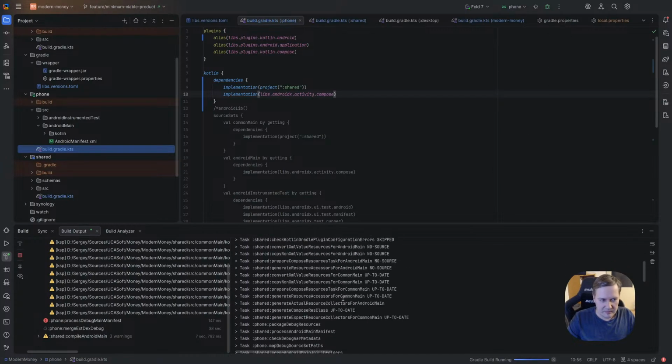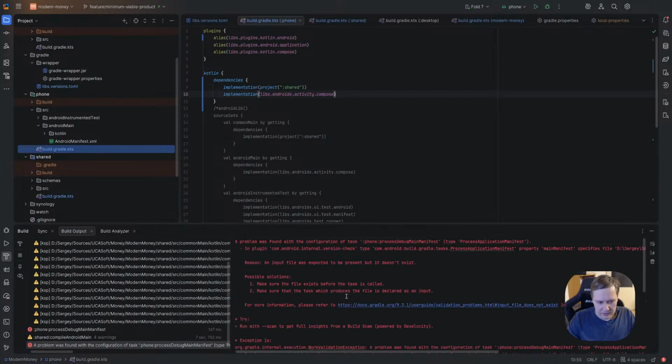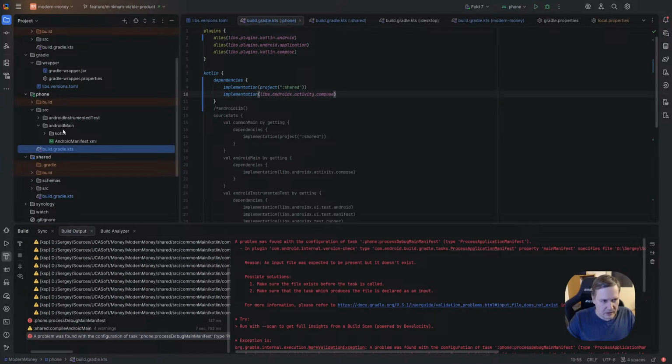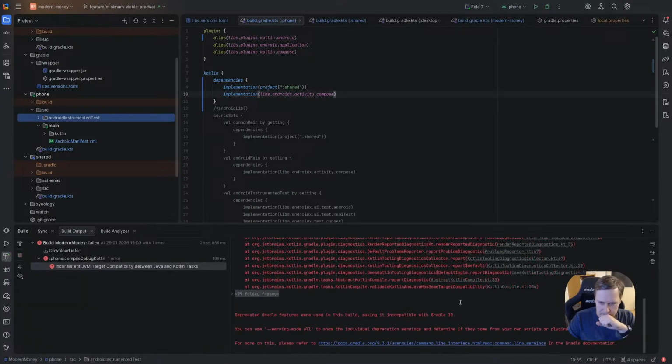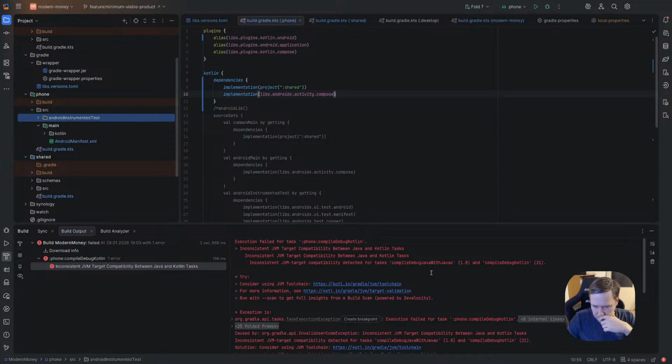Yeah, of course it failed. Doesn't exist. Okay, let's rename this folder to main. It became green. Let's keep Android instrumental test as it is, and let's try to build again.